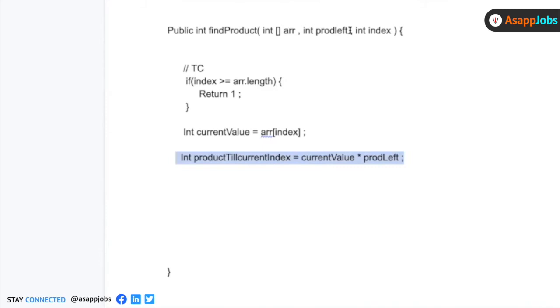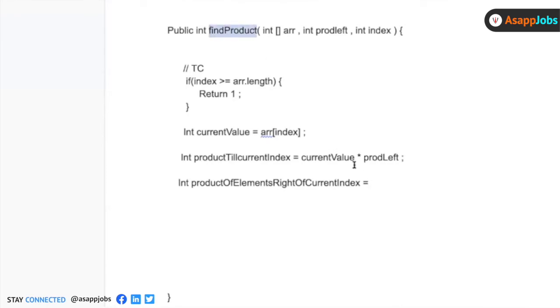And if I multiply with the current value, I get the product till the current index, correct? Now I want to know the product of elements right of the current index, and for this I'll use this method.